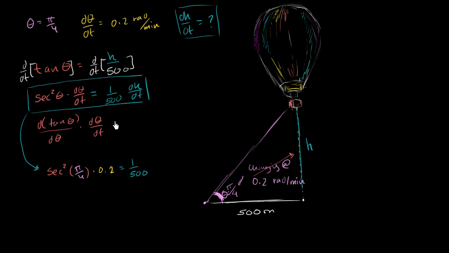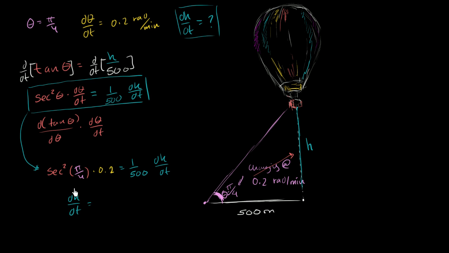1 over 500. And we want to make sure, since this is in radians per minute, we're going to get meters per minute right over here, and this is meters right over here. We just want to make sure we know what our units are doing. I haven't written the units here to save some space. But we get 1 over 500 times dh dt. So if we want to solve for dh dt, you can multiply both sides by 500,